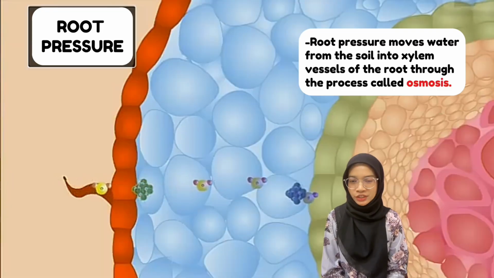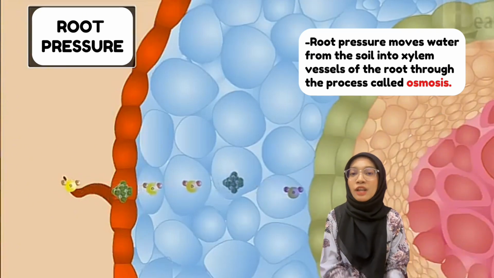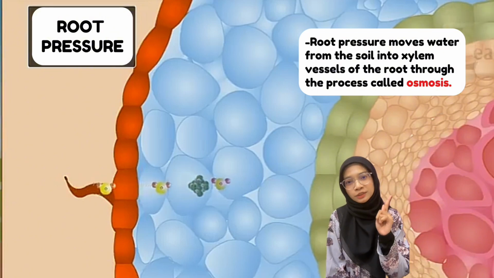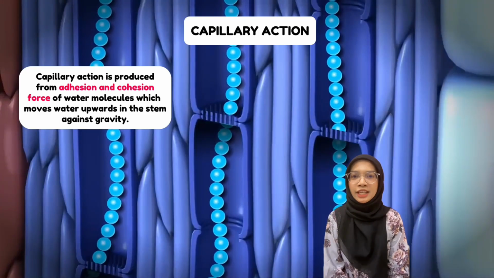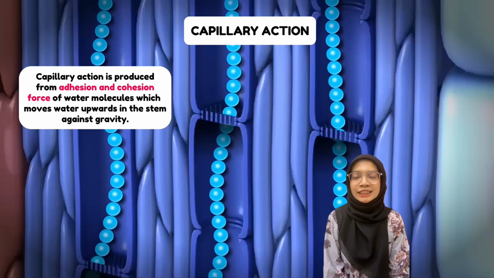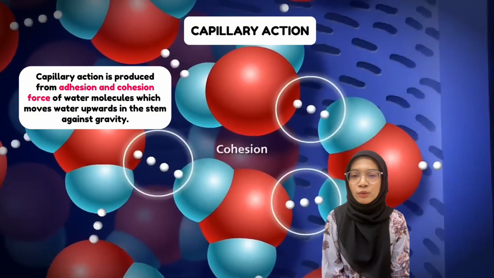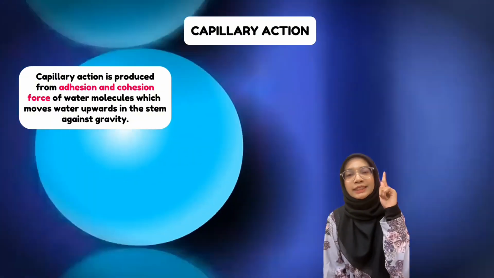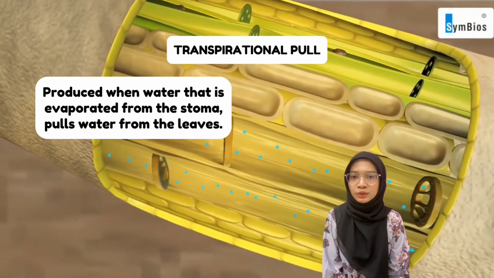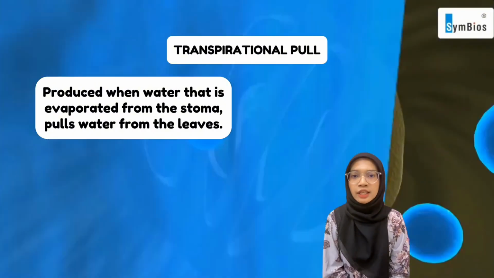Firstly, the root pressure. Root pressure moves the water from the soil into the xylem vessels of the root through the process called osmosis. Remember the keyword osmosis. Next, capillary action, which is water moving up the stem. Capillary action is produced from the adhesion and cohesion forces of water molecules, which move the water upwards in the stem against gravity. And lastly, transpirational pull, which is the strongest one, able to suck up water no matter how